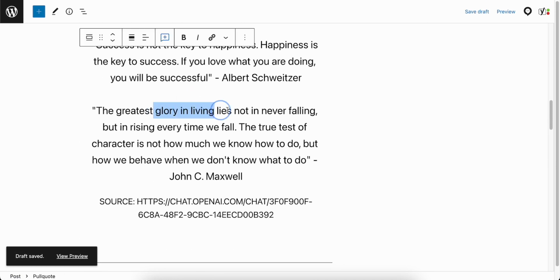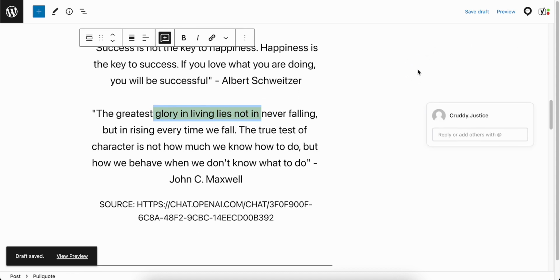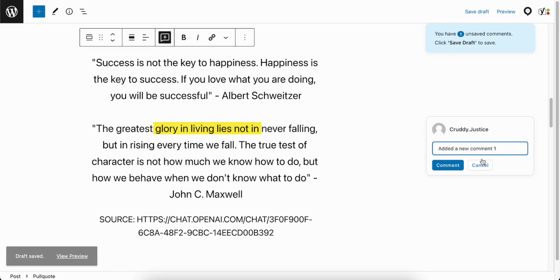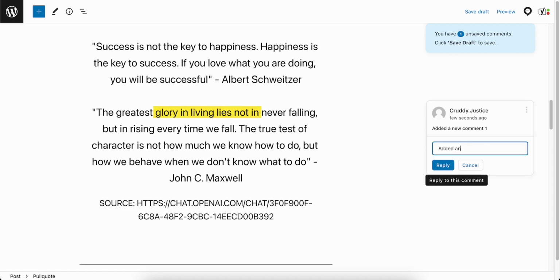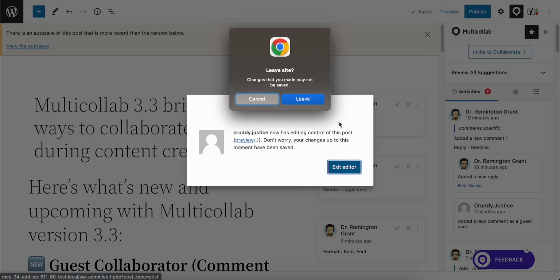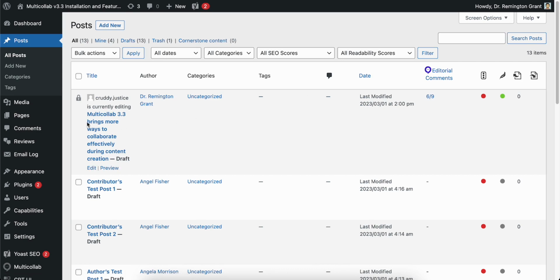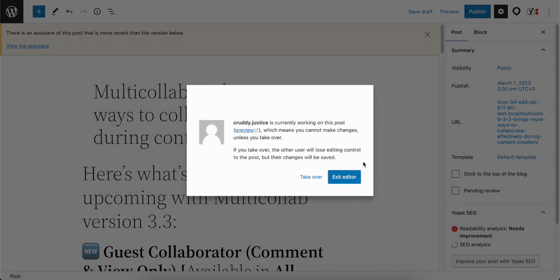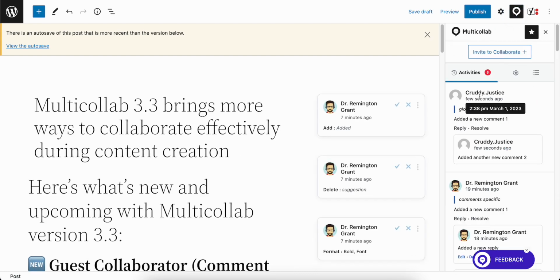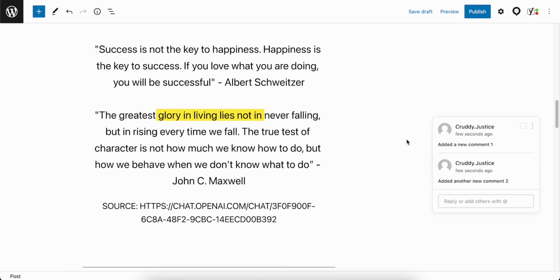So yeah, here if I add a new comment, so here I have created a new comment as a guest user, and now if we go into the post and again take the access of this post, then here we can see this particular comment that has been added by the collaborator, the